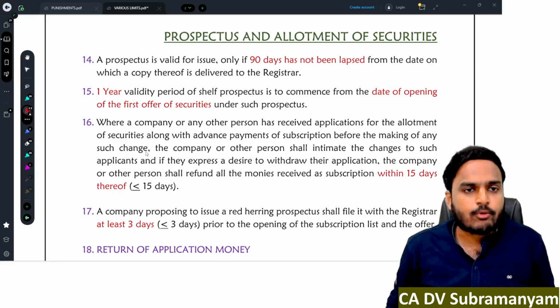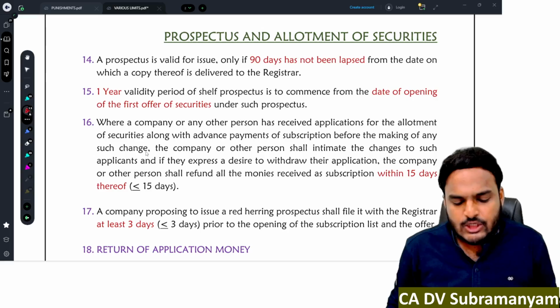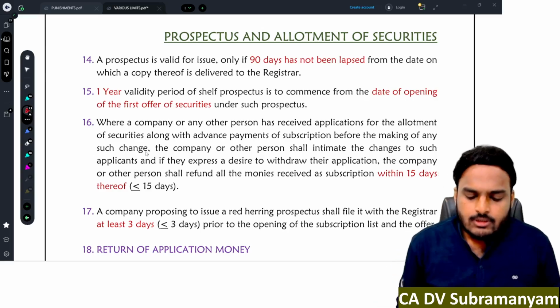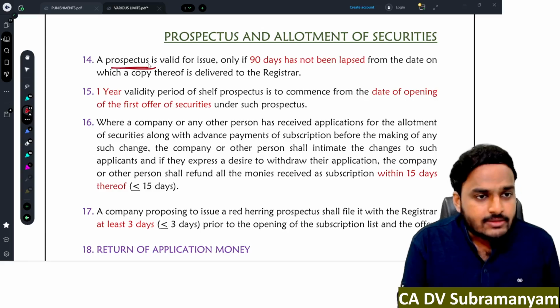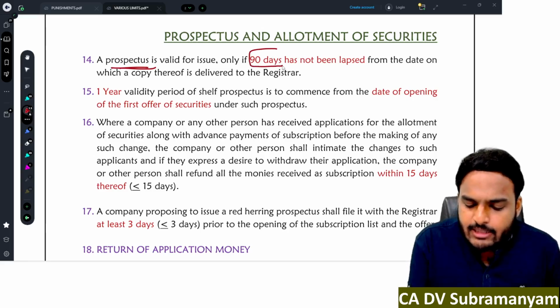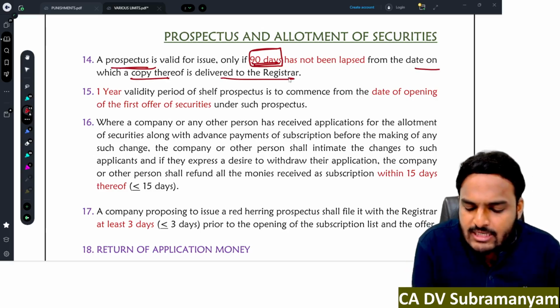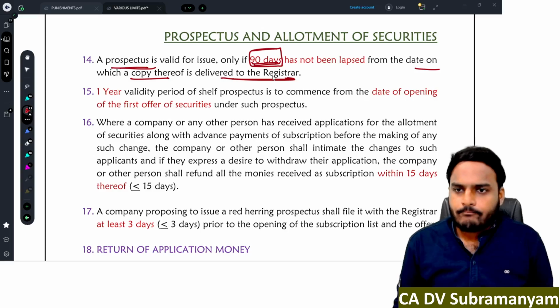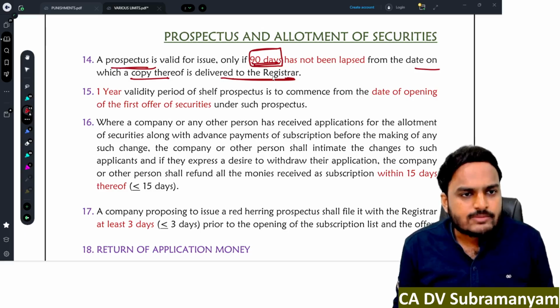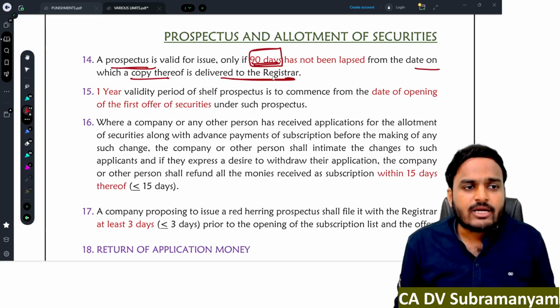The next chapter is prospectus and allotment of securities. So prospectus validity period. Generally, prospectus will have a validity period of 90 days from the date on which a copy thereof is delivered to registrar. So what is the validity period of prospectus? 90 days from the date of